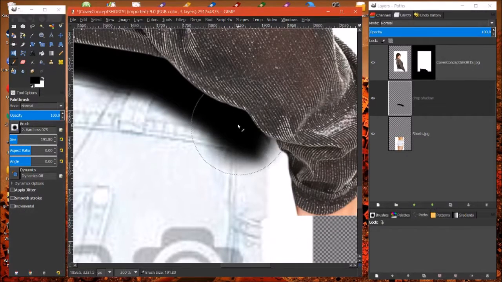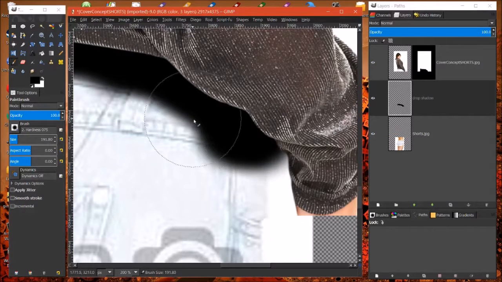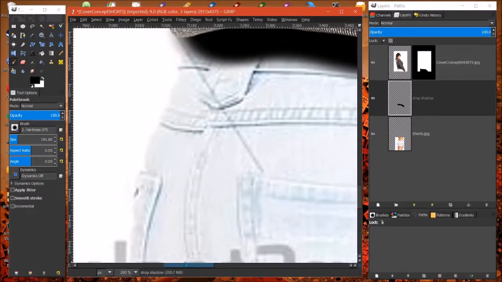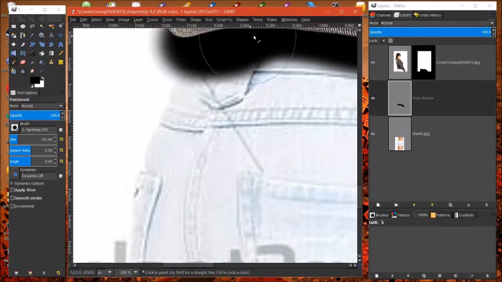Okay, painting on the drop shadow. Alright. Okay, now